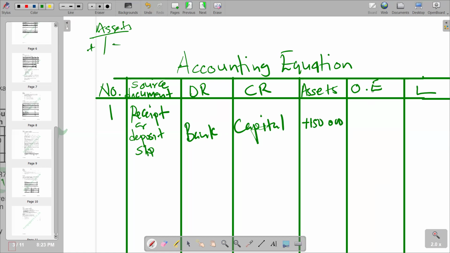And also our owner's equity, in terms of capital. For our capital, if we credit, it's a plus. It becomes the opposite: when we debit, it's a negative. So we are crediting, so it's a plus again. So this is the effect that we have on our transaction number 1. Then we go to the next transaction,